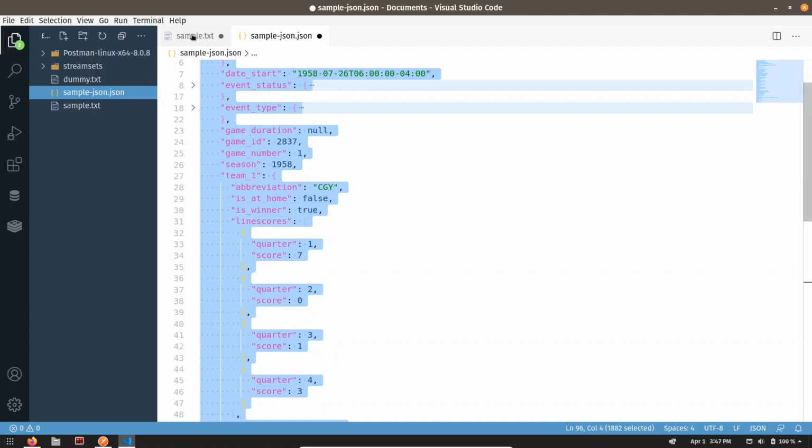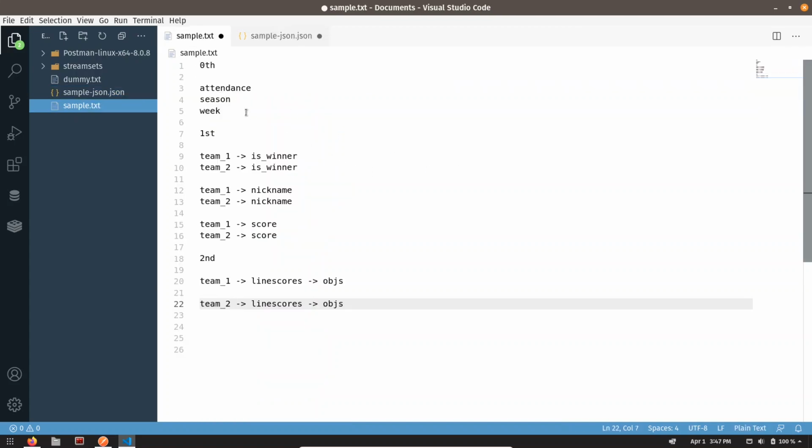I have already made a list over here of which column is on which hierarchy. On zeroth hierarchy we have attendance, season, week. On first we have is winner, nickname and score, and on second hierarchy we have some objects which contain quarters and scores.